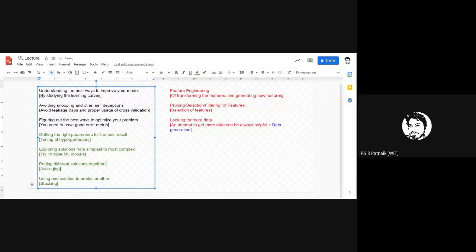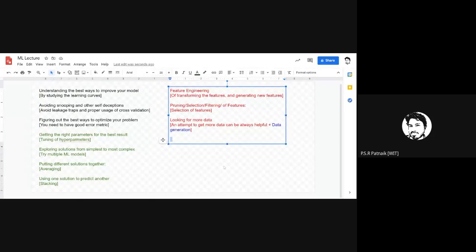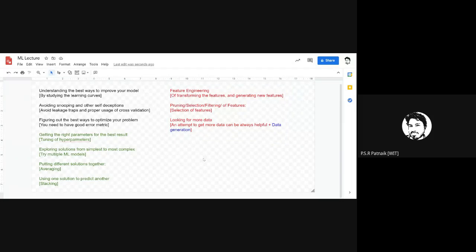So these are related to algorithms, and these are generally related to general behavior during ML model design. This is more related to algorithms and coding, and this is more towards data, touching upon the data aspect and trying to improve the ML model's performance. Okay, so have you understood this? Now I think you should have a broad picture of ML.